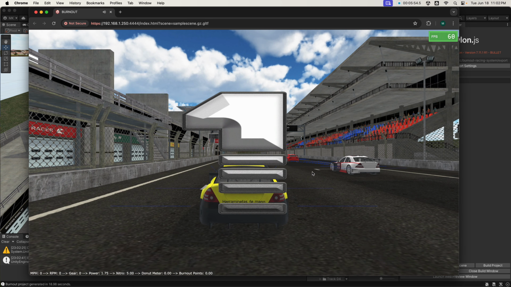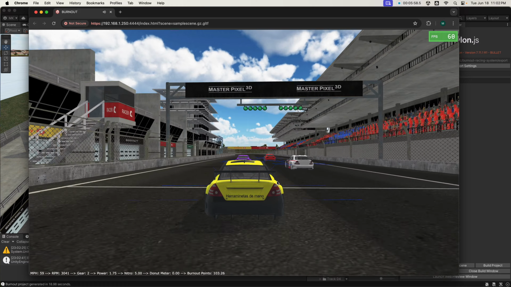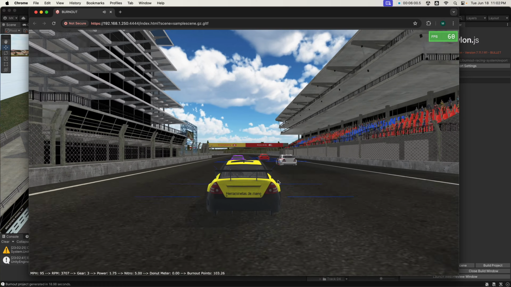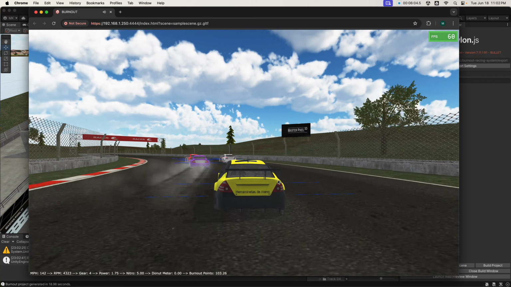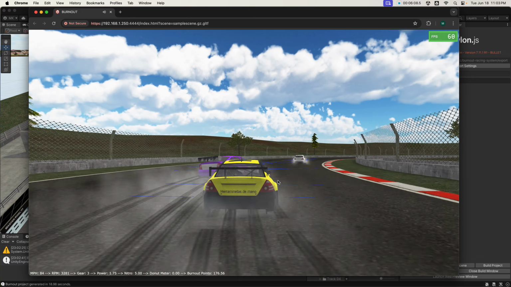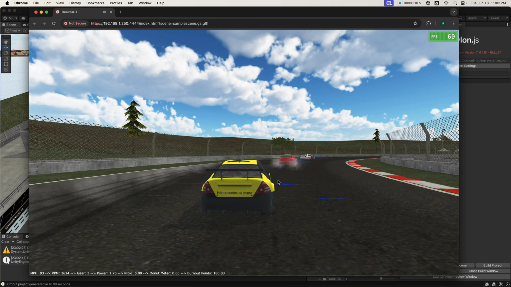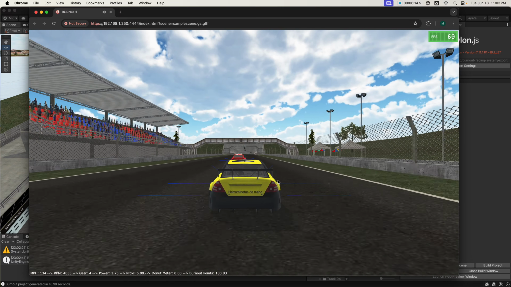Now it's counting down. As you see these little lines right here, these are part of the driver's AI to detect where things are. It will detect walls on the side, other cars, things of that nature that it uses to drive and try and steer away. That car didn't make it through there. Now he'll try to fix himself. He will back up and try to fix himself